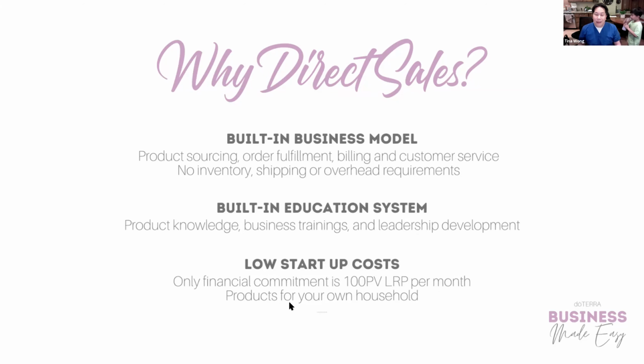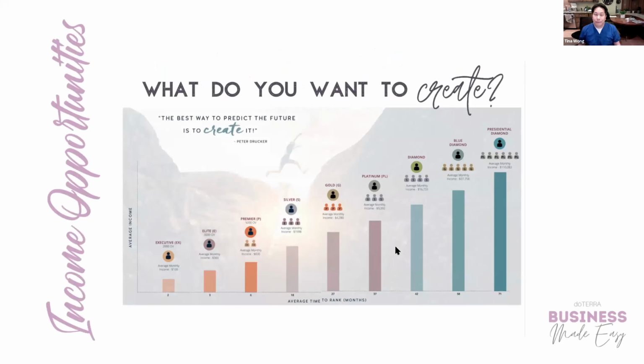And you can spend this just buying, not just oils, but buying products that you would use in your own household regularly. And so that's why, if you're going to buy some certain things anyway for your house, might as well earn money and have the potential to earn money doing that. And so this is actually some of the income earning opportunities. And this is just based on doTERRA, what they've actually paid out on their